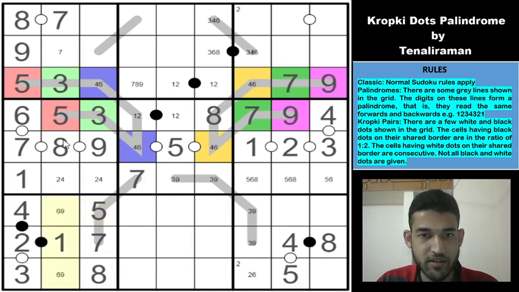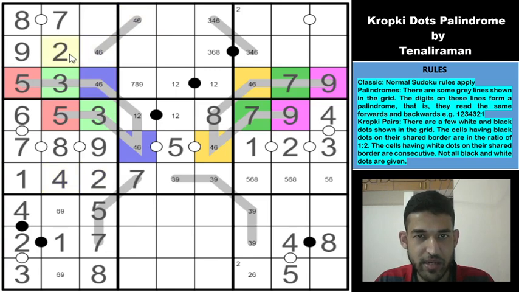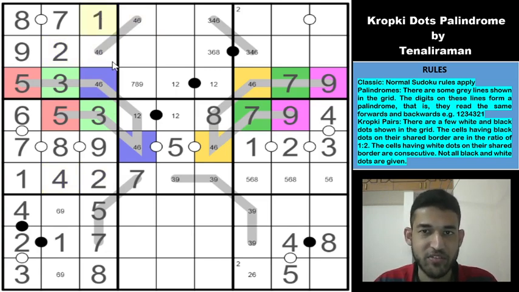And 6, 9, 1, 3, 5, 7, 8. So this will be 2 or 4. Row 2, column 2. Okay, so this cell must be 1, 2, 4 and 6, but 1 and 2 are quickly eliminated because this will also be then 1 and 2. So this is going to be 4, 6 and this will be 4, 6. Which means we have a 4, 6 pair. So this will be a 2, this will be a 4, this will be a 2 and this will be a 1. Superb.